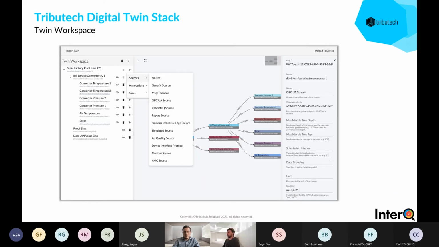Here we can see how this UI looks. In this case, we have the twin workspace, where we can use the UI to create a graphical representation of a device in our case. So we can see we have a steel factory here that has some source, and that source has some values that get produced. Usually this would be quite hard to make generic, but because we are using digital twins, we can easily